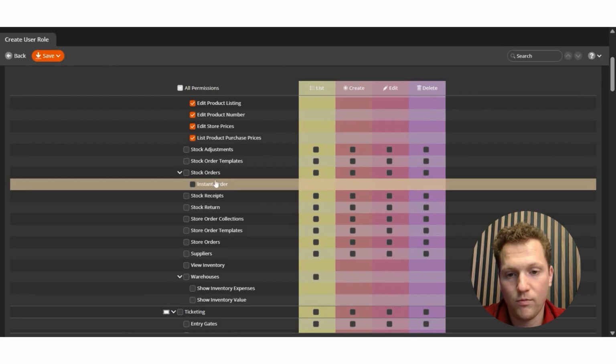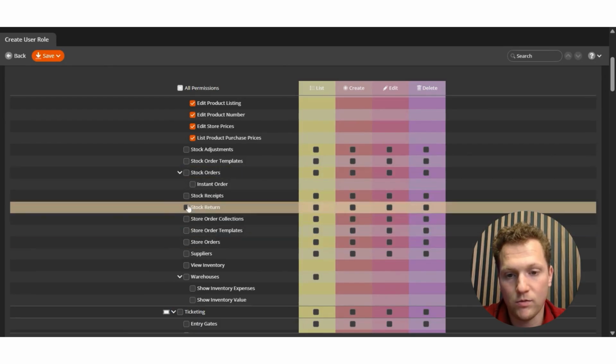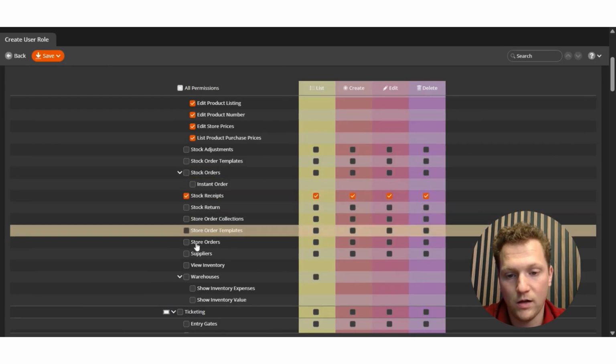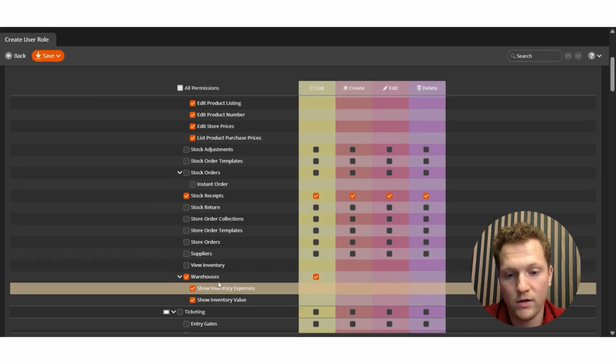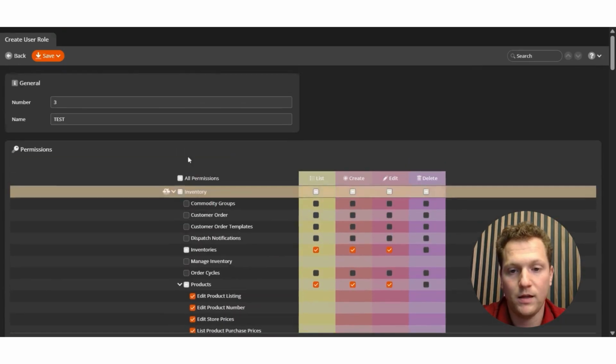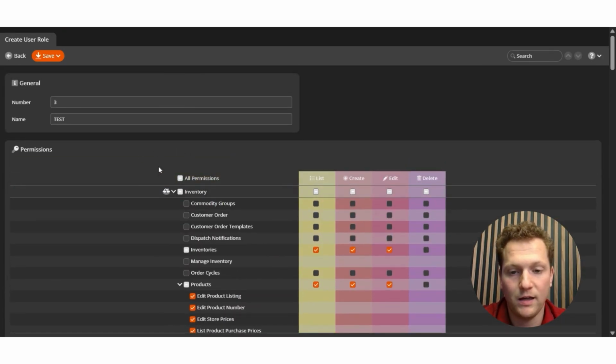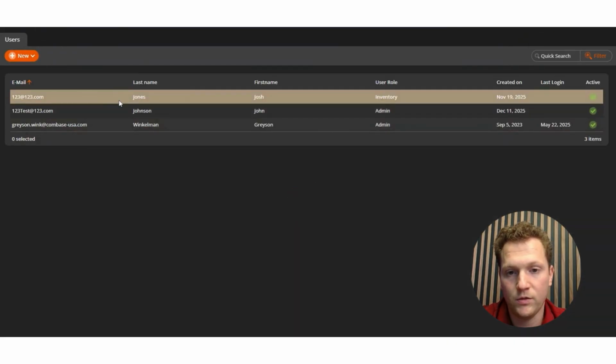And then maybe I want them to be able to do some stock receipts and to look at the warehouse so they can see quantity on hand. But that's it. That's all I want them to have access to. And I can come back in here and edit it later if I want to. But let's save that. And now if we were to assign that to our new user, once they log in,